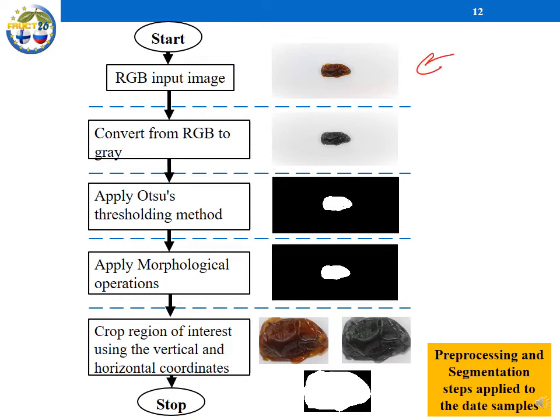We start with the original image. As you see, the object is small compared to the whole image size. Then we convert it to gray level, and then we remove everything around the object. At the end, we end up with our original image cropped, and then in gray level we have this one.